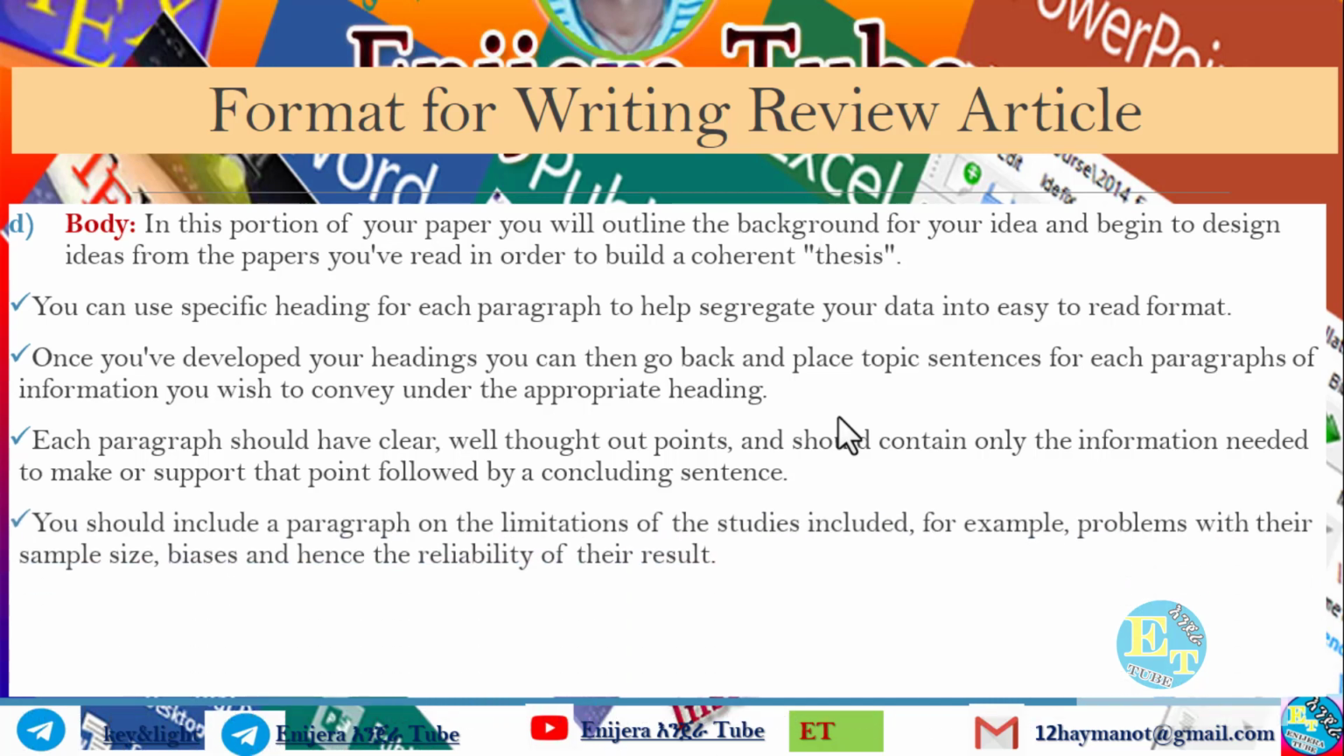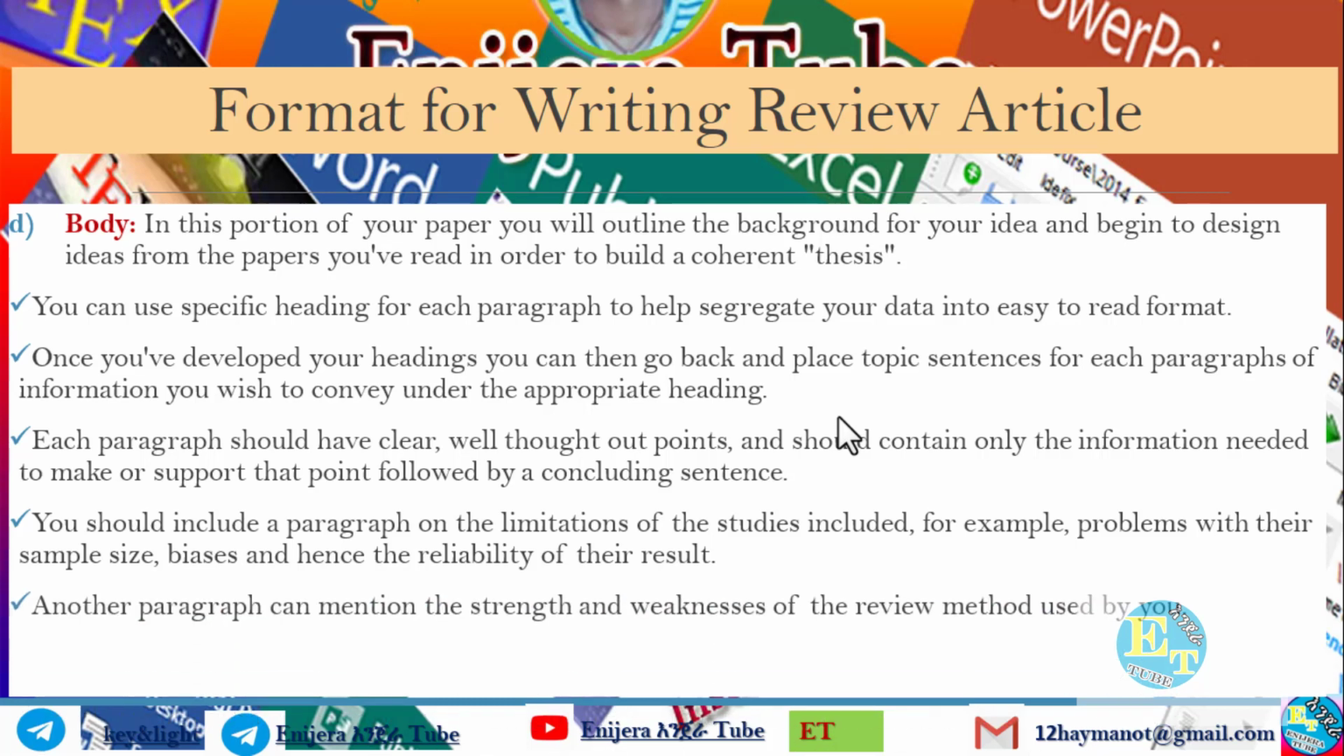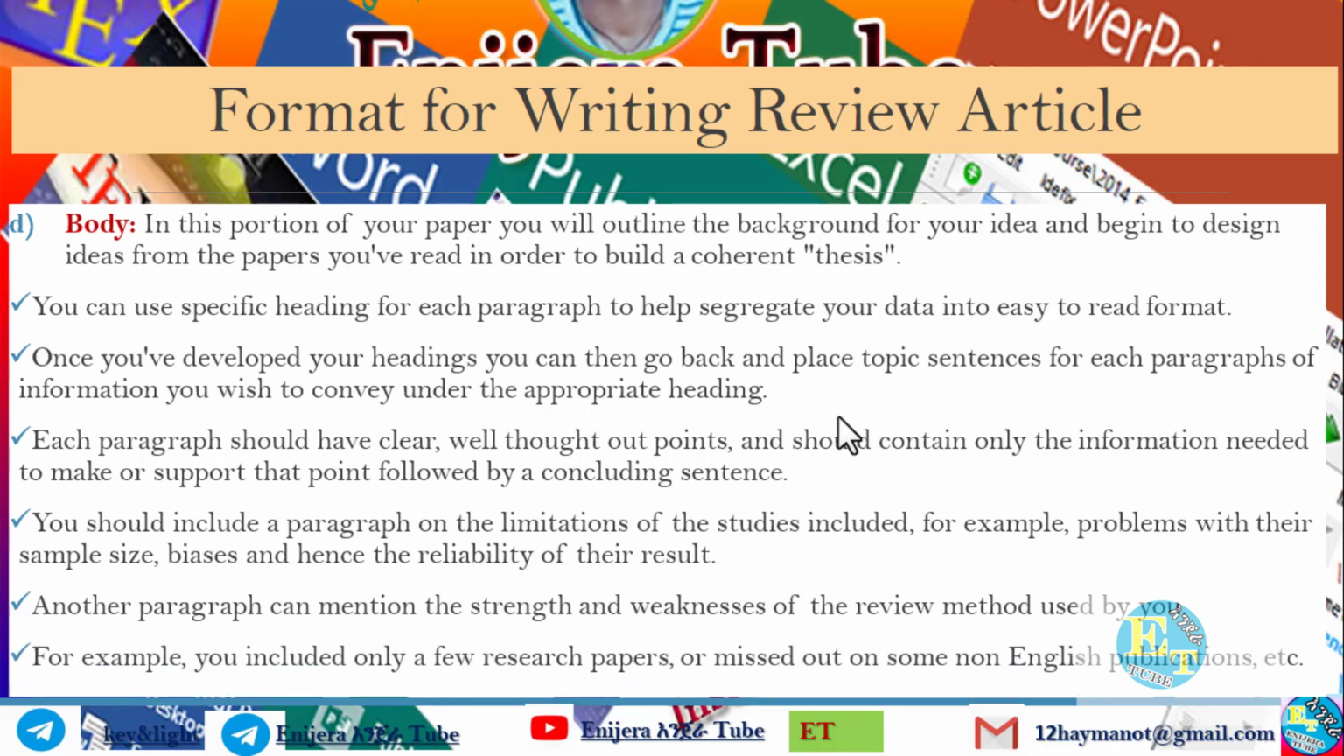You should include a paragraph on the limitation of the studies included. For example, problems with their sample size, bias and hence the reliability of their result. Another paragraph can mention the strengths and weaknesses of the review method used by you. ምን አይነት ሪቪው ሜተድ ነው የተጠቀመው የሚለውን strengths እና weakness-ን ሊያሳይ የሚችል ፓርት ላይ ማስገባት እንችላለን ማለት ነው። For example, you include only a few research papers or missed out on some non-English publications. It's a limitation ሊሆን ይችላል, weakness or the strengths ማለት ነው። ሪቪው አርቲክሉን ሲጻፍ ምን አይነት ጠንካራ ጎን አለኝ ዜን ይሄን ሪሰርች አርቲክል ሲጻፍ ደግሞ ምን አይነት ዊክነስ አለኝ የሚለውን ሊገልጽልን የሚችል ፓርት ሊኖር ይችላል ማለት ነው።